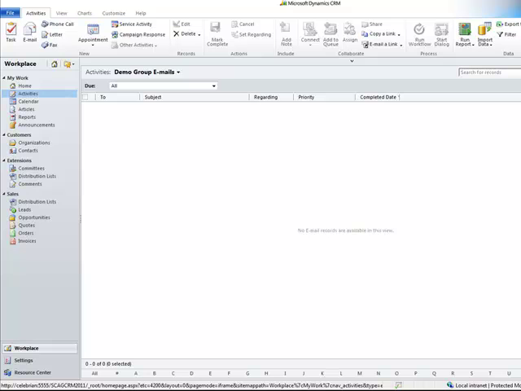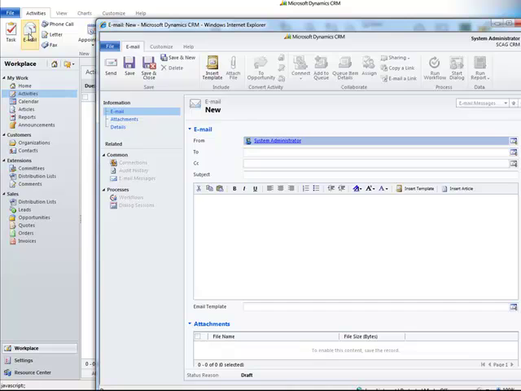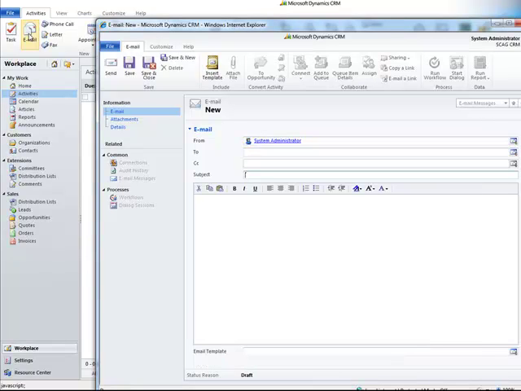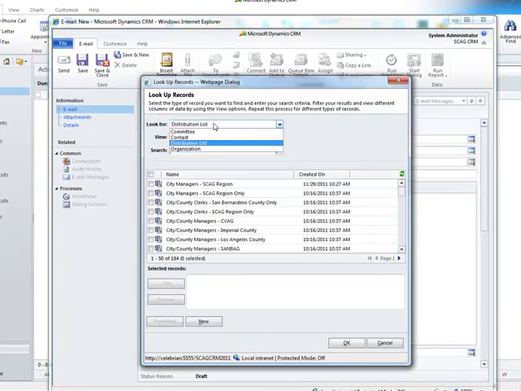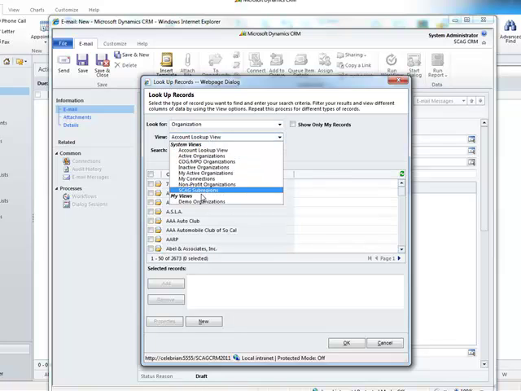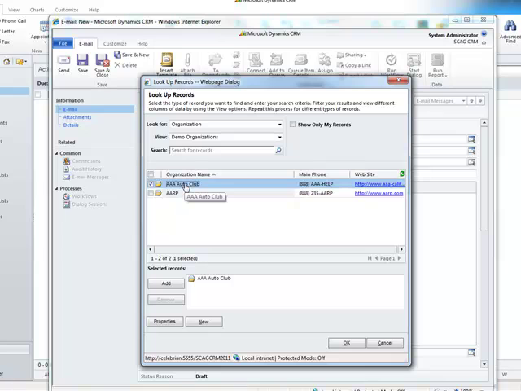While our message is being processed, let's create an additional group email. We'll use a contact template for this group email. In the To box, let's again select Organizations, and we'll choose the AAA Auto Club organization. We'll press the OK button,